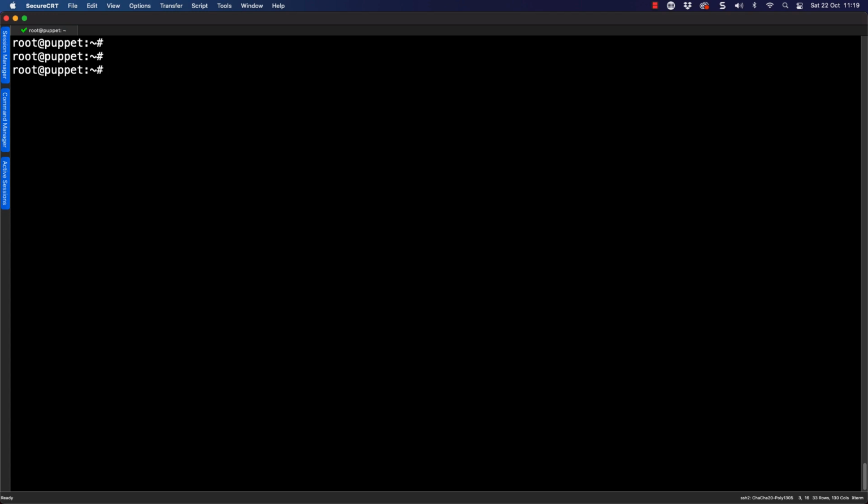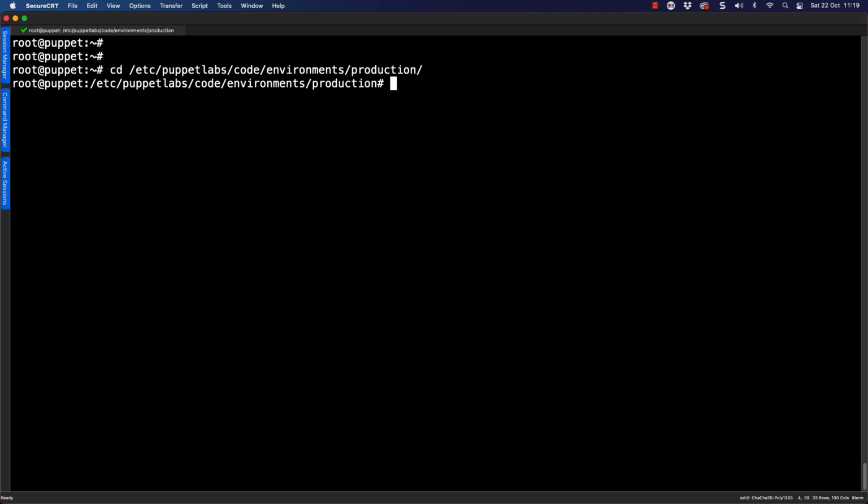One of the things I might want to be able to do, let's say on my Puppet server, is be able to move into my environment directory quite quickly. But usually I don't want the environment directory. I'm going to be wanting either the modules or the manifests or our Hiera data directory. So if we just take a look at how deep that path is going to be, we can move into /etc/puppetlabs/code/environments and then production. When we run the ls command, we've got our modules directory, our manifests directory, and our Hiera data directory. Now, say these are often what I need to be able to access.